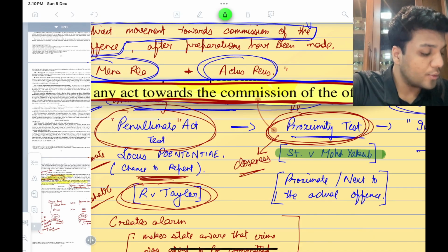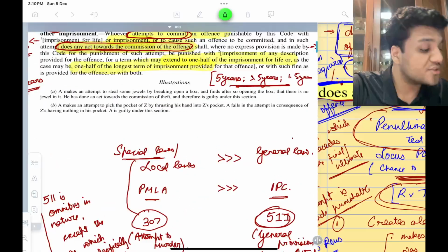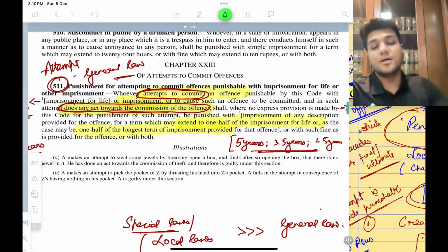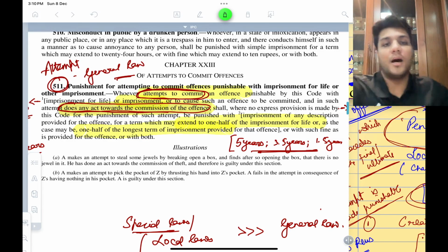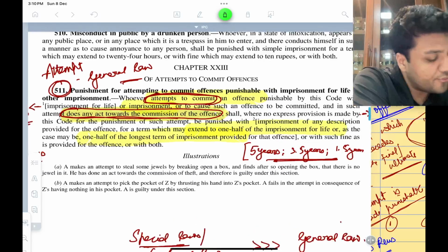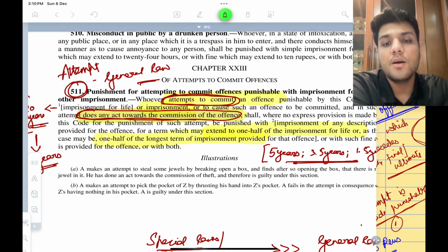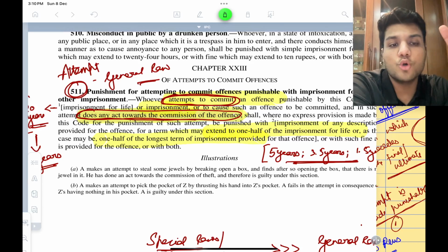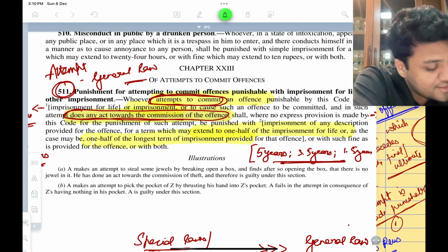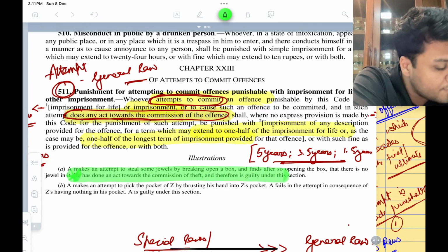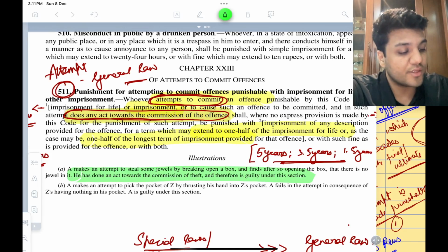Right? Now let us try to understand the two illustrations that are given in the section. These illustrations are also the same as are given under section 62 of the Bharatiya Nyaya Sanhita. The first illustration says that A makes an attempt to steal some jewels by breaking open the box and finds after so opening the box that there is no jewel in it. He has done an act towards the commission of the offence and therefore is guilty of the offence under this section. Because he has done an act towards the commission of the crime,